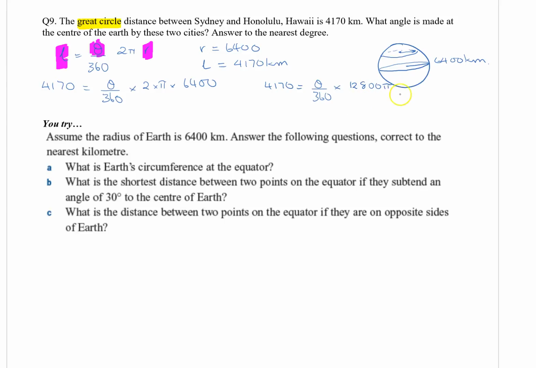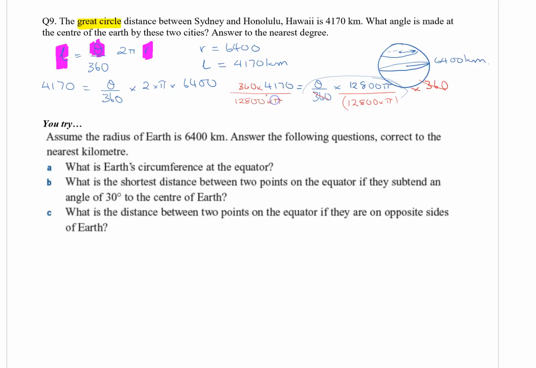So it's all about what's going on over here. You can see that we've got to divide by 360. Well, we certainly don't want that, so we would do the opposite, which is multiply by 360, and that will cancel this out. Fantastic. Now, we don't want to times by 12800 times pi. And if you're not using the new calculator, please make sure you bracket that. And over here we need to divide by